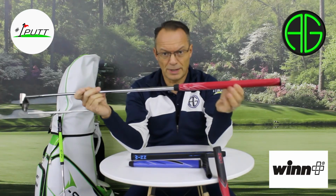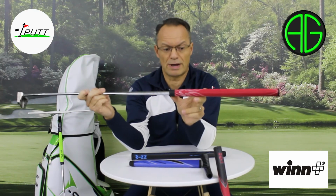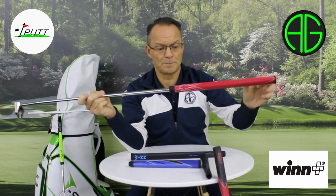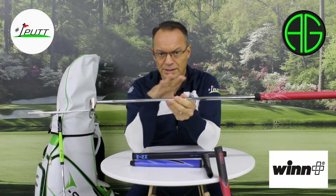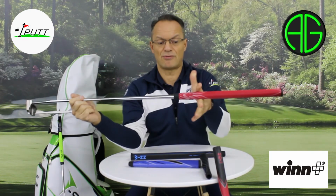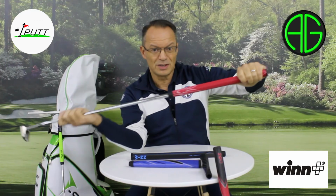This one will be around about 120. So what we've done is, in the last 5 inches of the grip, we've got that extra 40 grams. So it's sitting here, not up here where counterbalance putters would ordinarily have the weight. And what that's doing is spreading the weight down the shaft and producing a superb balance to the club. Rather than putting 80 grams up here, which leaves it a little bit head heavy, but the right